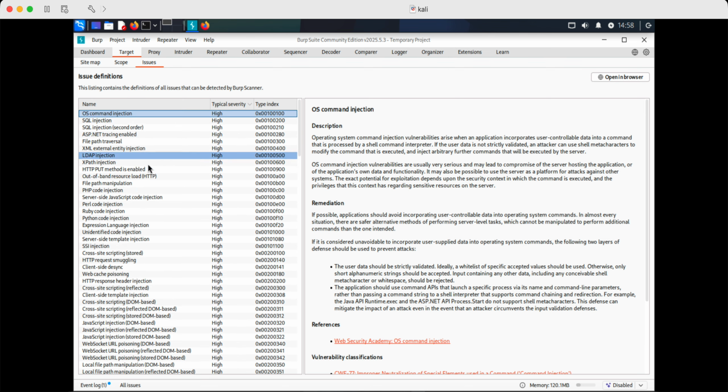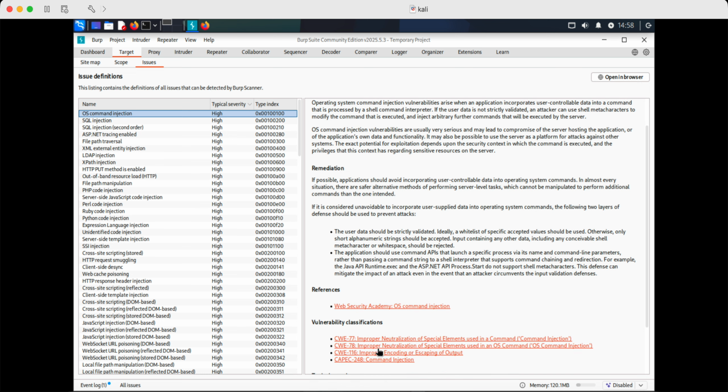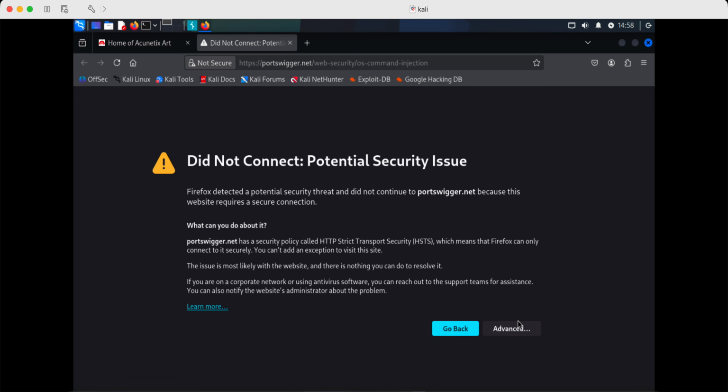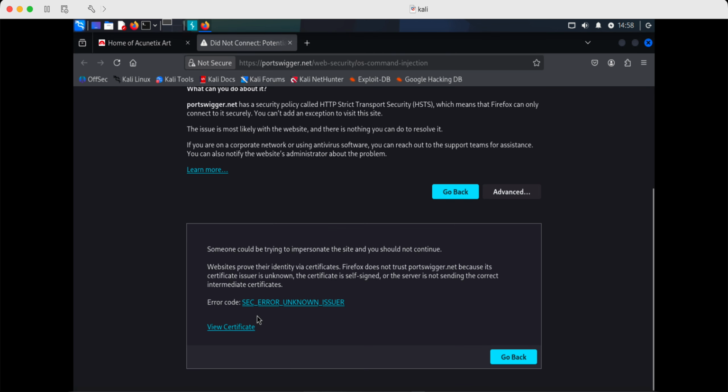So these vulnerabilities can directly be used, and you can see every single vulnerability description is being given here, its remediation, its references, as well as vulnerability classification. So everything is being explained here in detail. If you want to know more about it, you just have to click on the references and it will be opening Portswigger lab, that is the